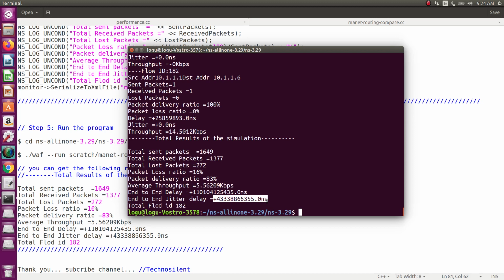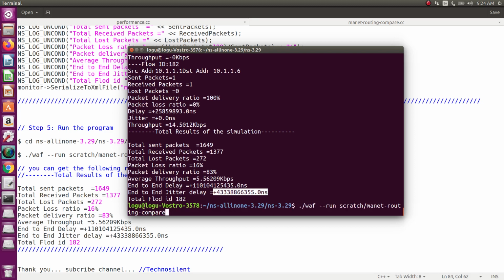Like that you can get output for some other protocols also. If you need OLSR, so that you can compare, go to run and change the protocol number. The default protocol number is 2, that is for AODV.